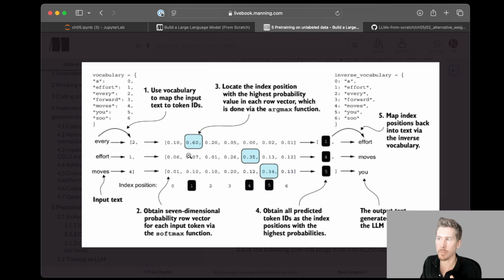Next, for the second token, I look up the position again. What is the highest probability? Oh, it's this one, 35%. It corresponds to index 4, token ID 4. What is token ID 4 in my vocabulary? I have this inverse vocabulary, which is flipped and easier to look up. So 4 corresponds to "moves." So I generate "moves." Next, with "moves" as my input token,